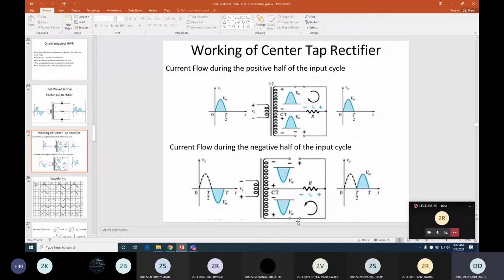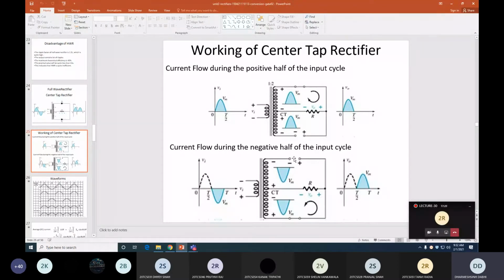So current is only flowing into the lower half, but what is the direction? Positive to negative. So current is flowing in this direction. It means anti-clockwise direction through this load resistance. Clear? It is anti-clockwise direction, but you can see that the direction of current flowing into this resistance is again